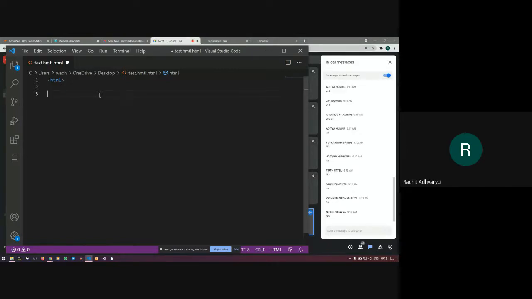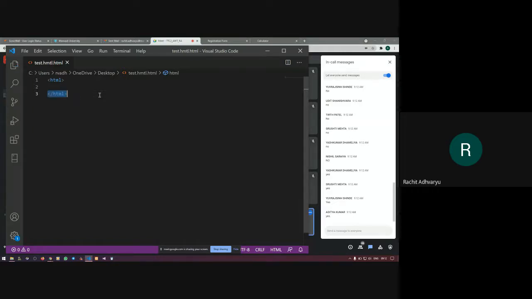Okay, so is it compulsory to end each and every tag that has been opened in an HTML page, except self-ending tags, right? Yes, so try to remember that each and every tag should be completed in an HTML web page except self-ending tags. Okay, so let's complete the HTML part.